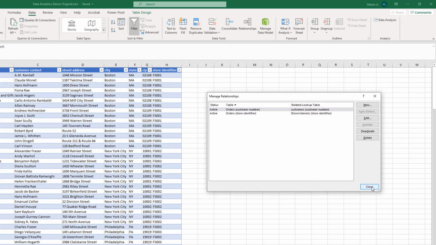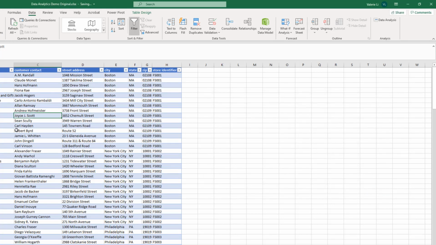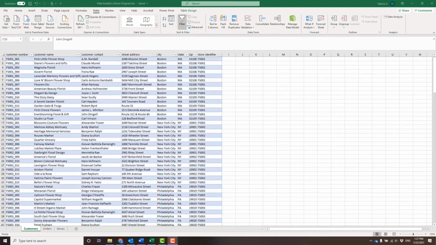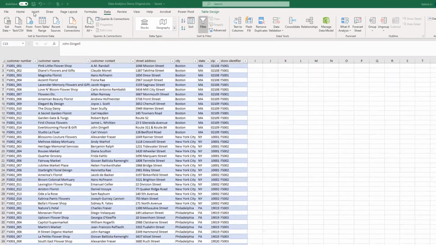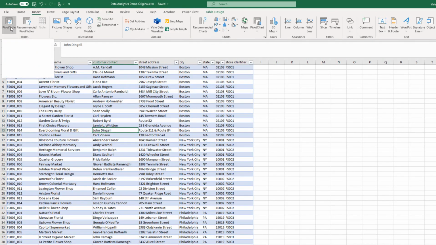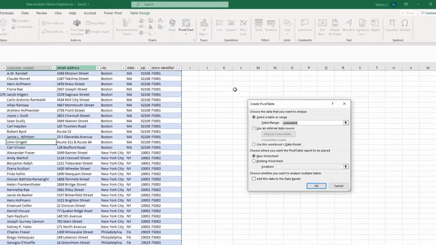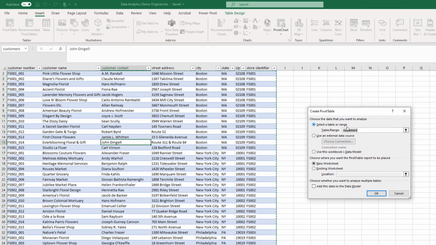So I'm going to click close, and now let's use the pivot table function. So let's go to the table and then see where is it. I need to find it. So the pivot table tab, let's go to the insert and then use the pivot table tab. Okay, so here it pops up a pivot table dialog box, and here we cannot select a table because we have multiple tables. We're going to use the workbook's data model and want our pivot table in the new worksheet. So you click OK,